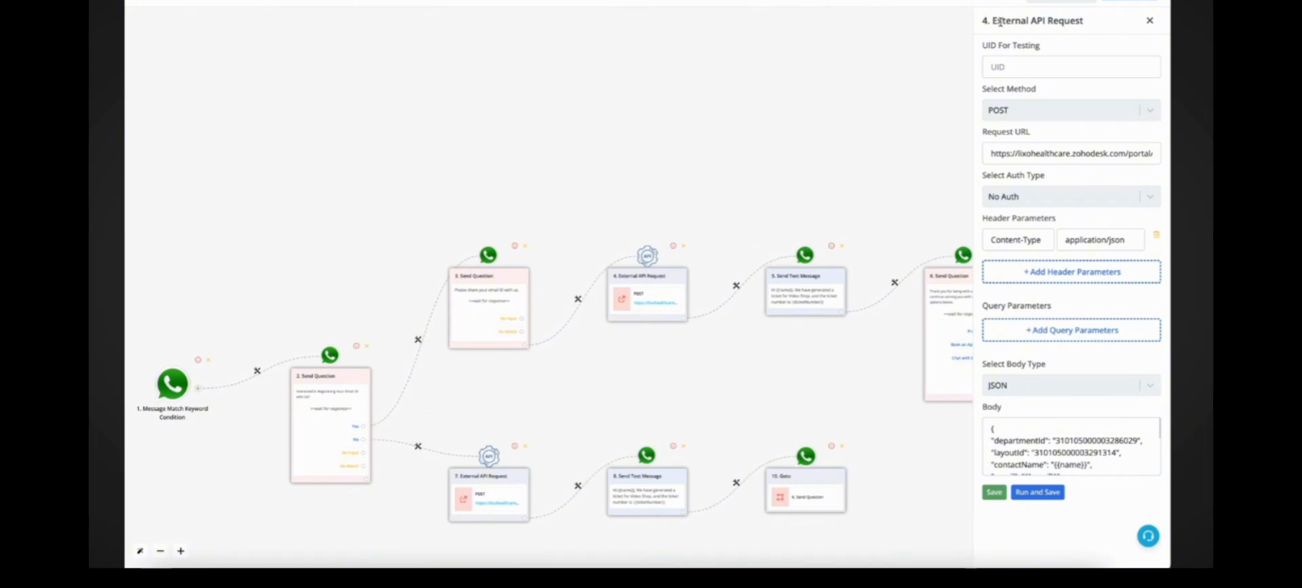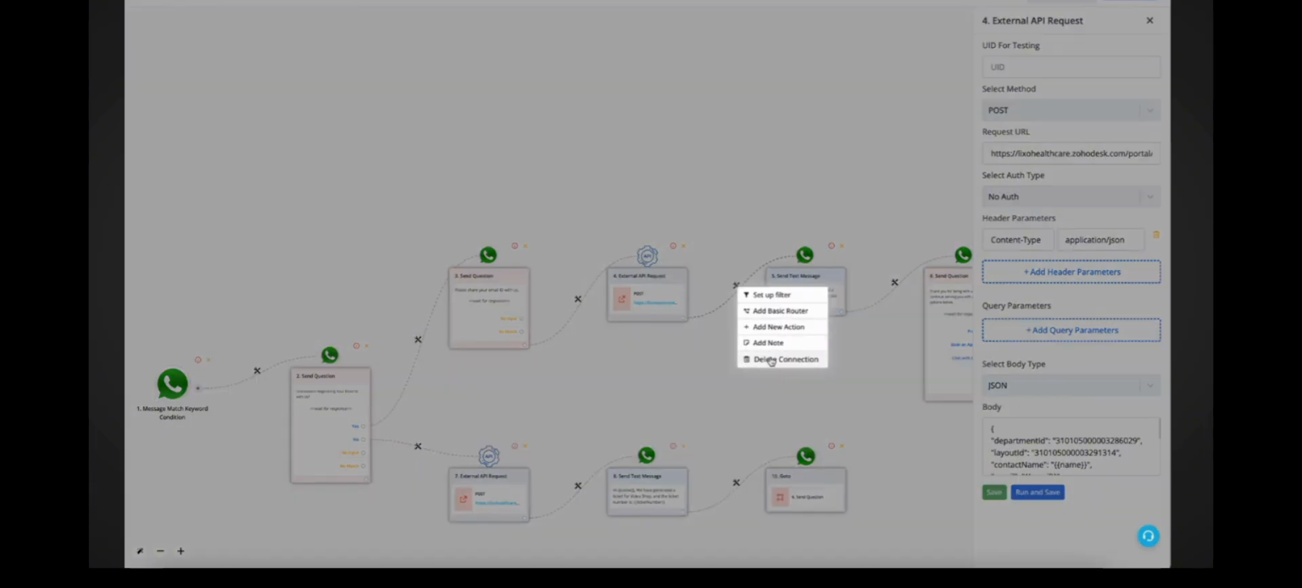So you need to have an external API request block, and you can fill all of your API details here, and then you need to click on run and save. This way one request, or one sample request call, would be done. Now in the next step,